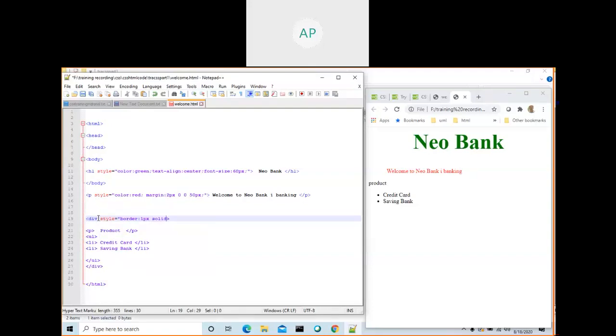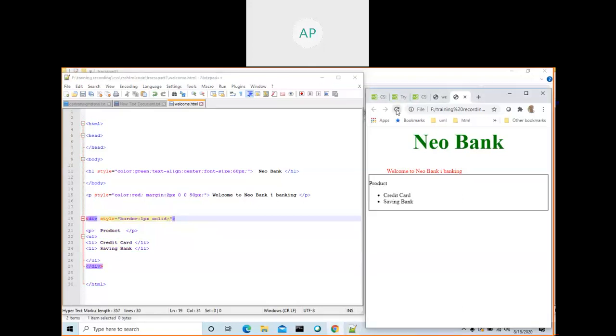If you go to Google and type CSS border property, you get all the information related to that. So nothing is displayed. Why? The semicolon is missing here, after this one. So even a simple mistake will not get you the output you are expecting.